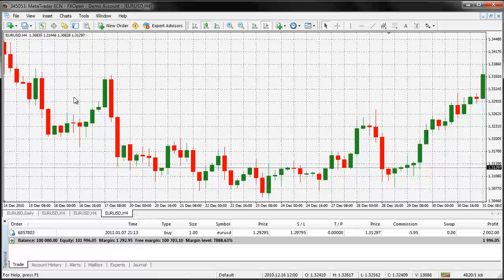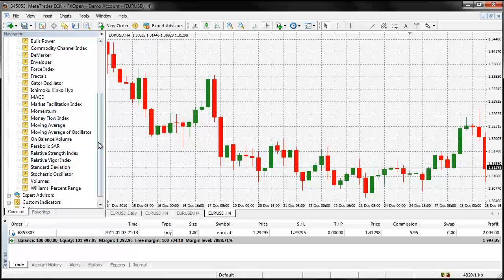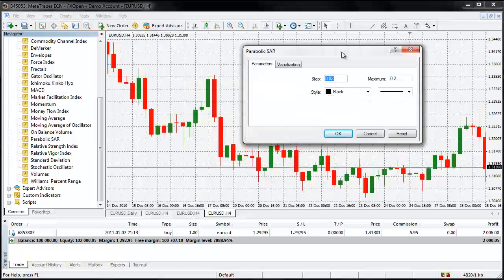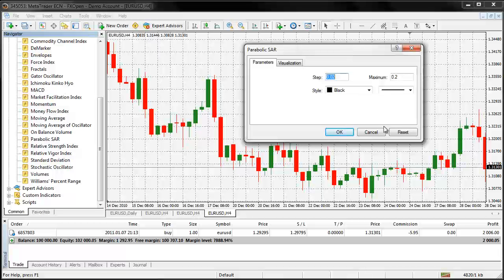In this particular video we're going to talk about the parabolic SAR. The SAR stands for stop and reverse. Now this indicator is not all that great. It does require you to think out of the box a little bit. This is what it's going to look like